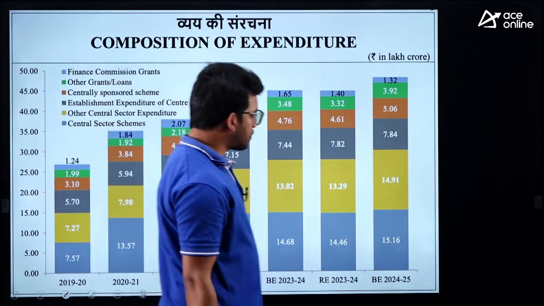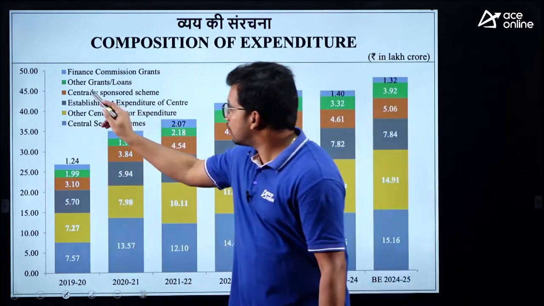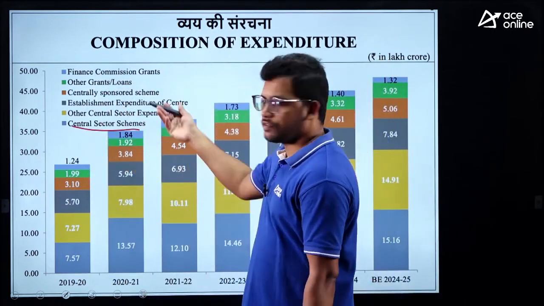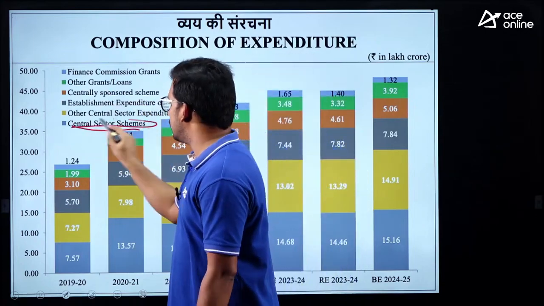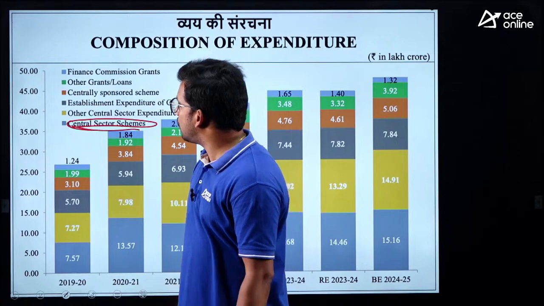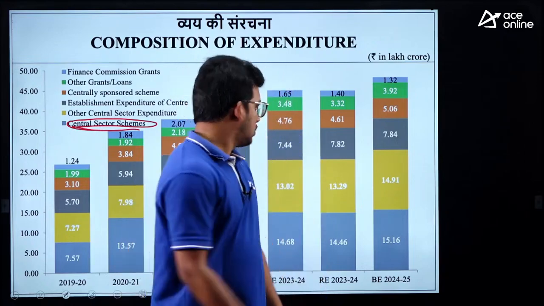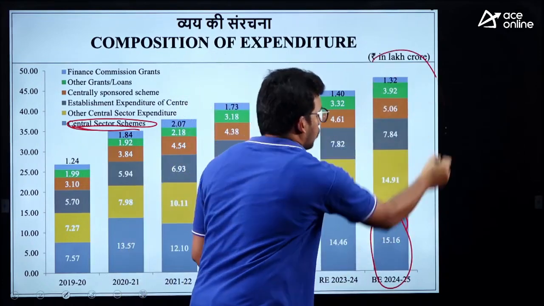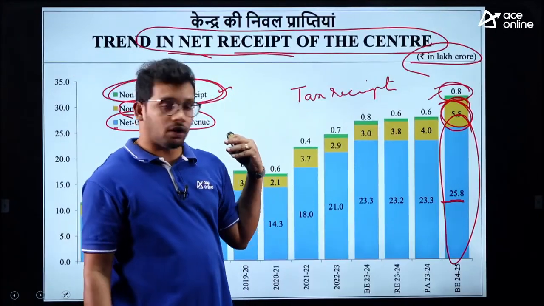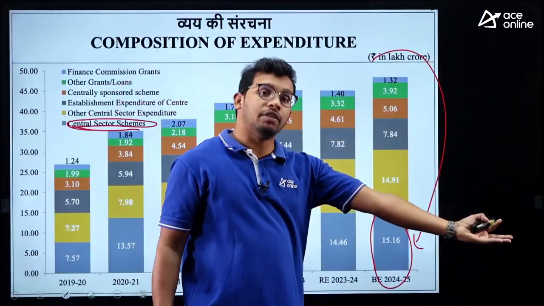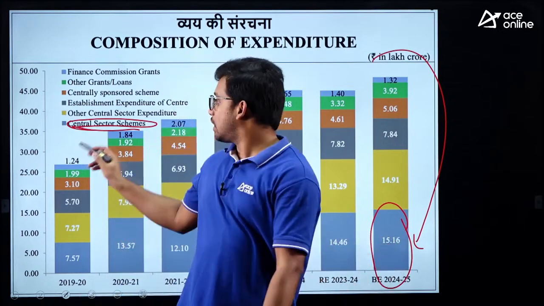The composition of expenditure: you can see here the central sector schemes. We have discussed this in a pie chart manner, but again it was given. In central sector schemes the government is doing a lot of things, 15.16 lakh crore in terms of lakh crore. So this is where the government is getting money, and this is where the government is giving money, right. So here, central sector schemes